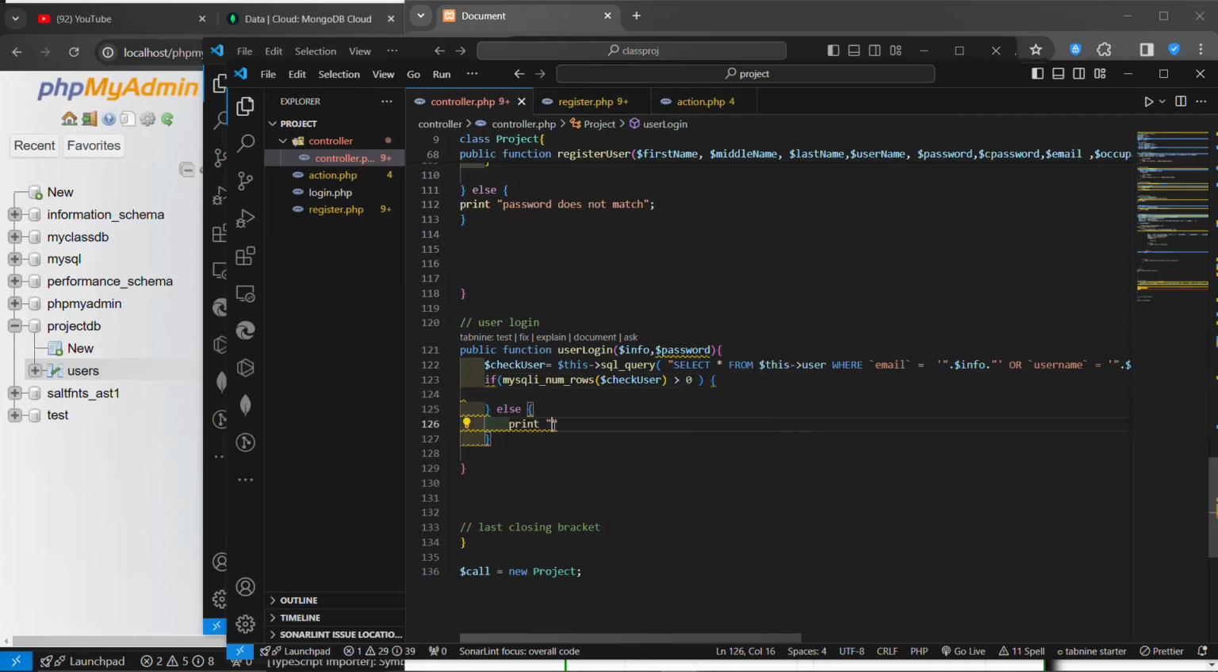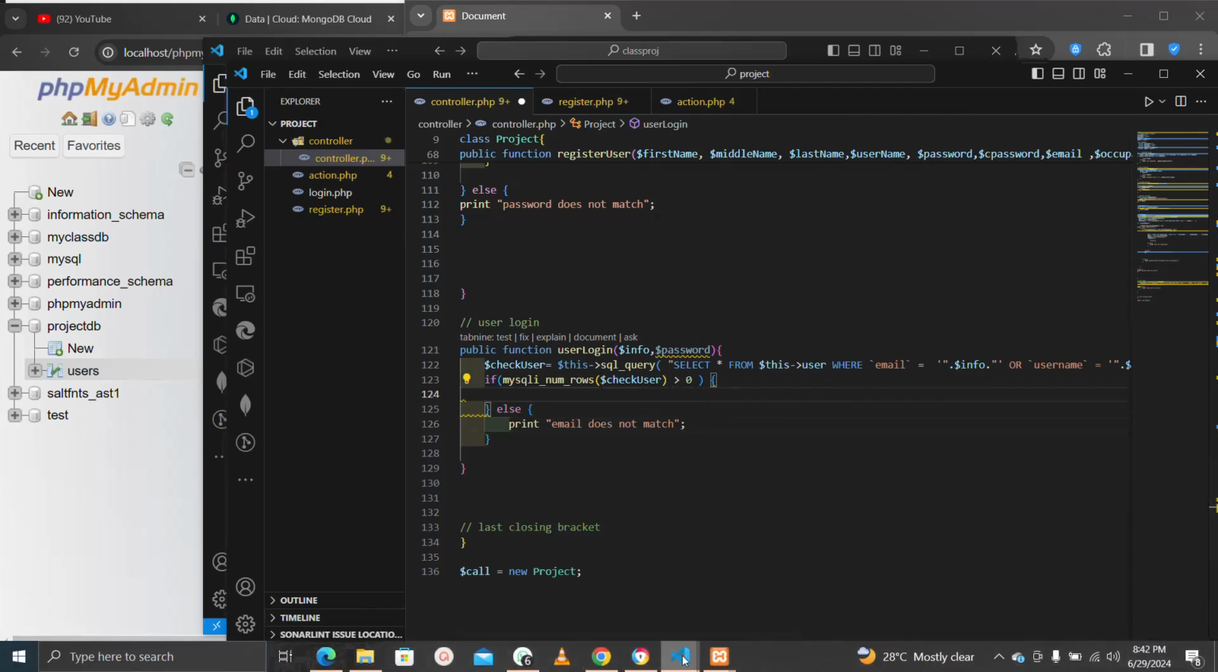Else, what we are going to print is an error message saying email does not match. So if it does not exist, email does not match, meaning that the person is trying to put in an email that does not exist, or is trying to log in and the user does not exist. Whatever you want to write there, you can write user does not exist, or whatever message you want. So next thing we're going to do is check for